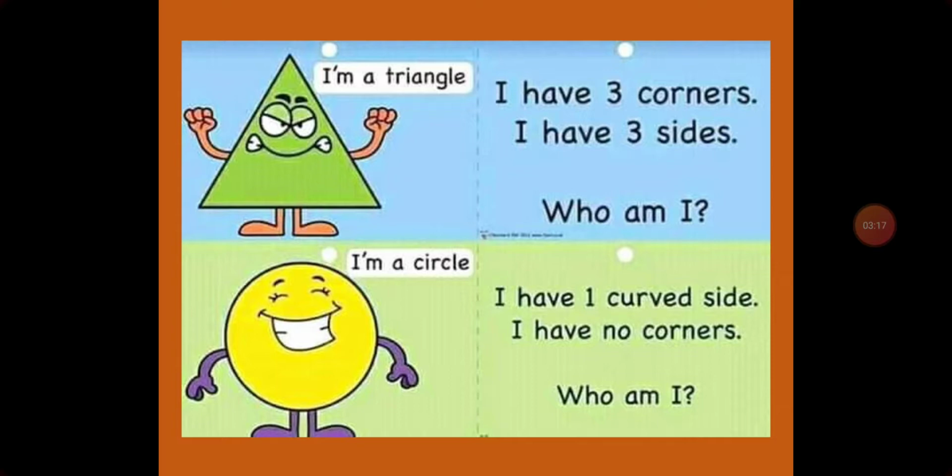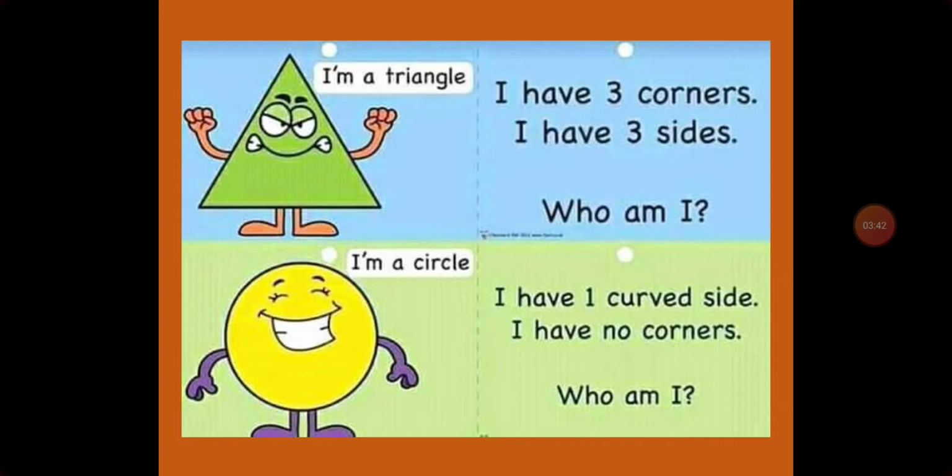So this triangle has how many corners? Let's count. 1, 2, 3. It has 3 corners. And how many sides? 3 sides. Okay. So when you see a shape with 3 corners and 3 sides, you know it is a